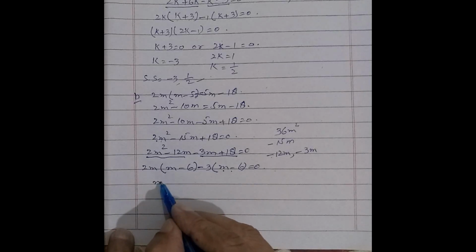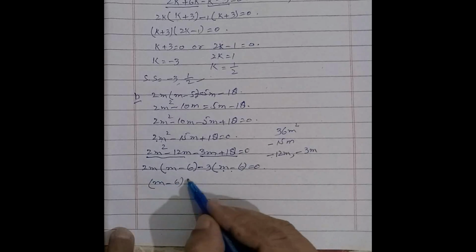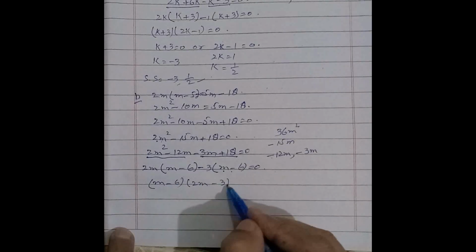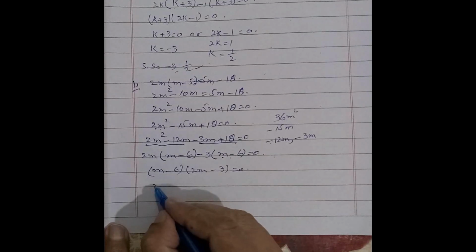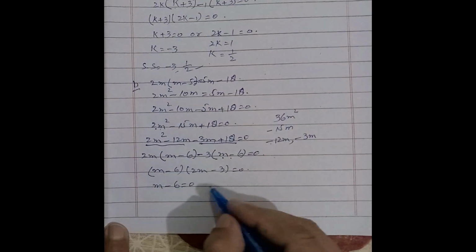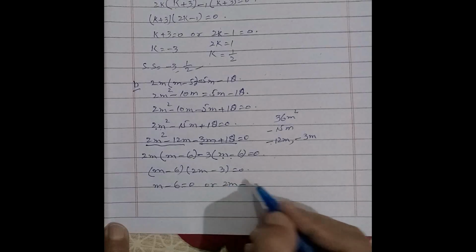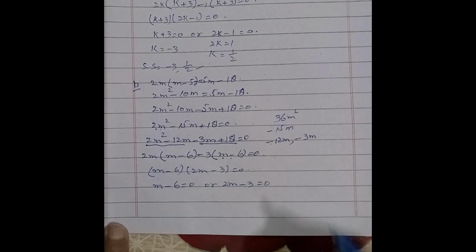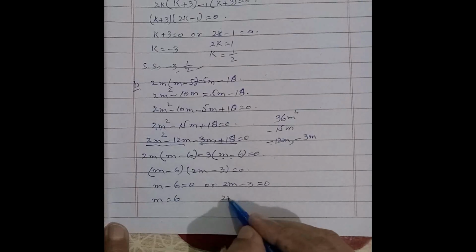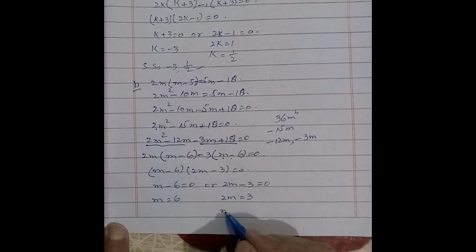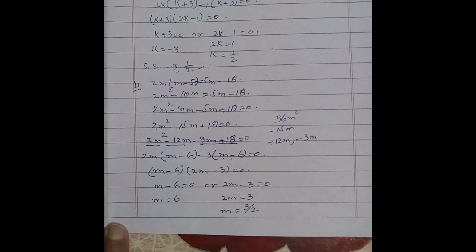So next we take (m minus 6)(2m minus 3) is equal to 0, and then we find the value of m. m minus 6 is equal to 0, or 2m minus 3 is equal to 0. Here m is 6 and the other value is 2m is equal to 3, and m is equal to 3 over 2. Hence the solution set of the question is 6 and 3 over 2. C is